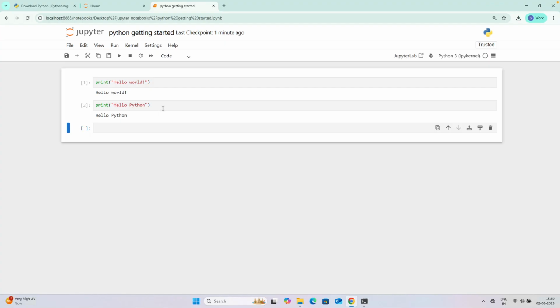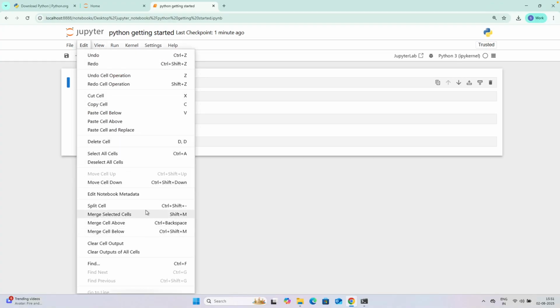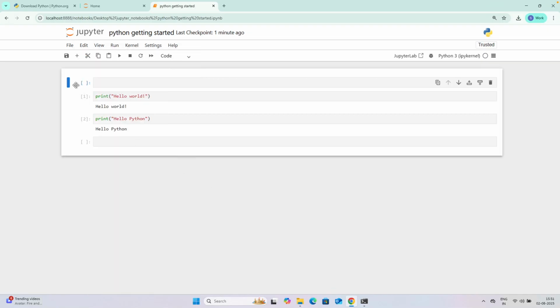Also, if you want to create a text cell, you can just add a cell over here. So we have added a cell. You can also move it above. Let's say I want to move this here. Okay, so I've moved it. Now I think we have a shortcut. You can just press M. That would make this a text cell, which is a shortcut for markup, markdown. I'm not sure of the exact name, but yeah.